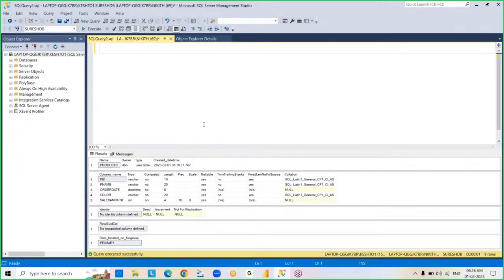So you create a table in the beginning. After that, you just added new columns to the table and dropped a column, and changed the data type of a column. So different types of operations you performed. Right? And so now